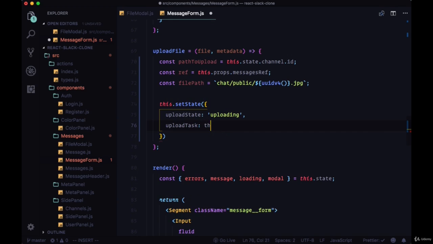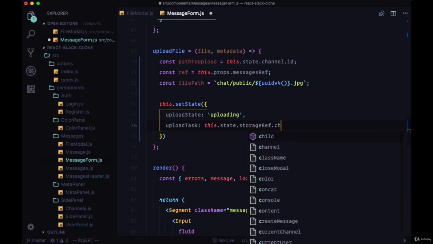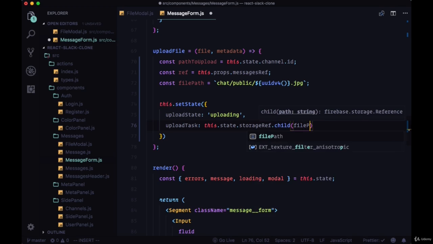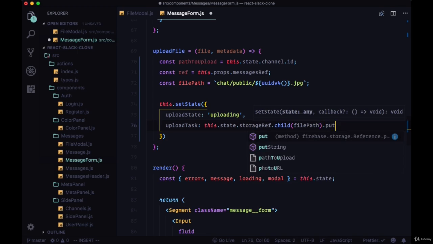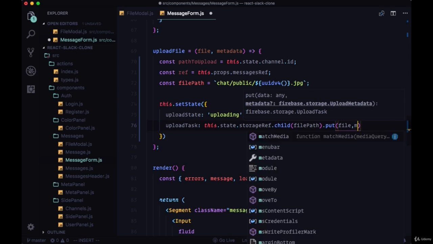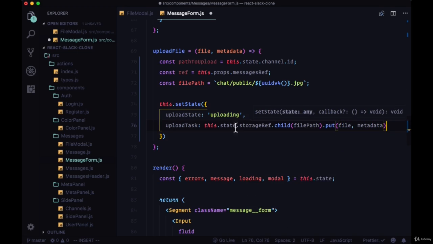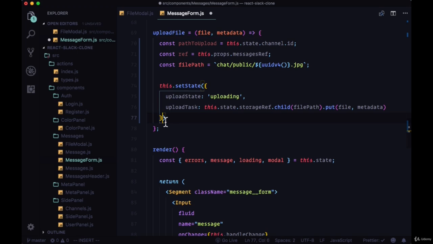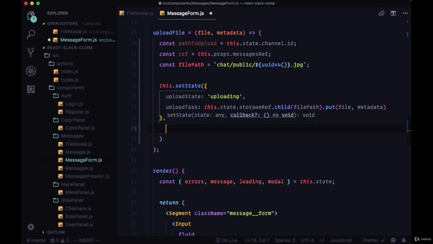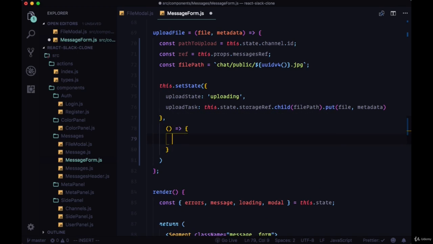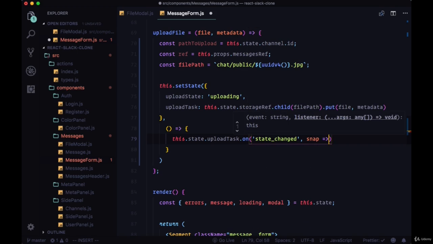So for uploadTask, we're going to reference our storageRef and put a new child onto it, and the child will be the filePath variable that we created, and we're going to put both the file and metadata that we're getting within the function on that child. So this is what's going to be stored in uploadTask, and now within the callback, once our state is set for uploadTask, we can listen for state_changed, and this will have a snap callback,